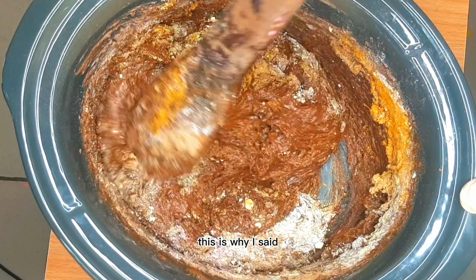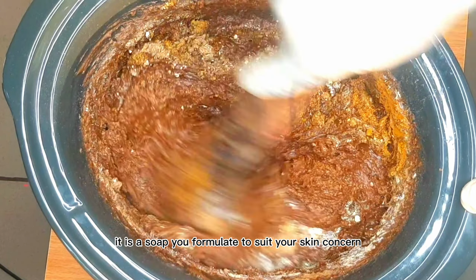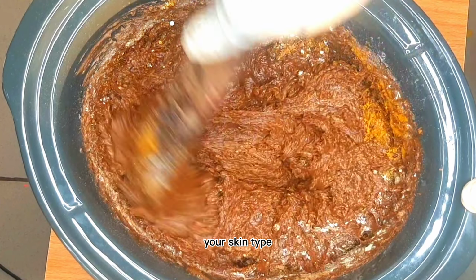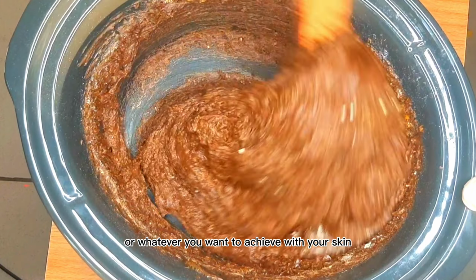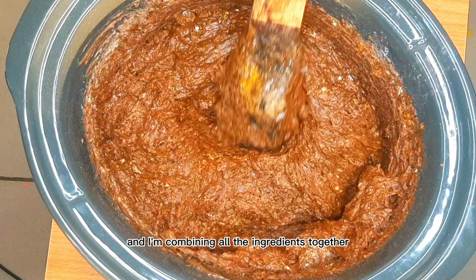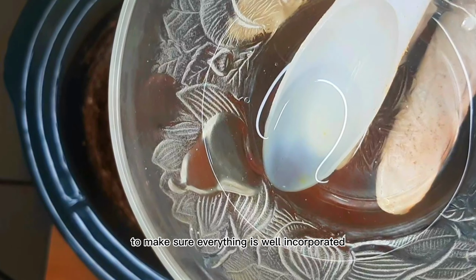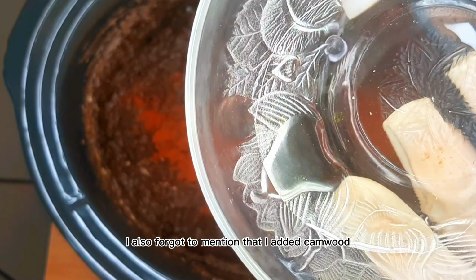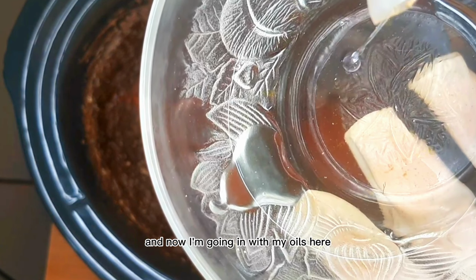This is why I said that when it comes to making African black soap, it is a soap you formulate to suit your skin concern, your skin type, or whatever you want to achieve with your skin. So now I have all my powders and I'm combining all the ingredients together to make sure everything is well incorporated. I also forgot to mention that I added camwood, which I added later, and now I'm going in